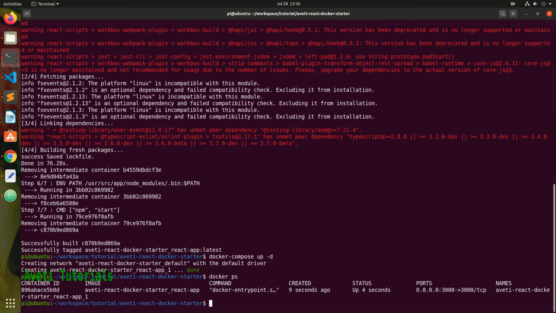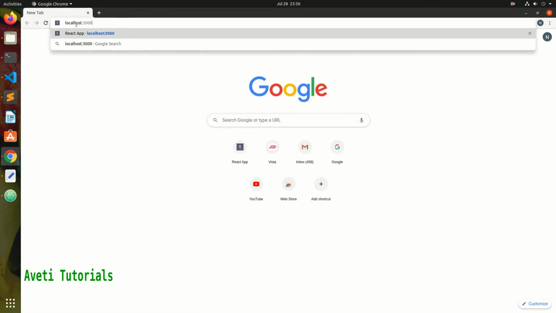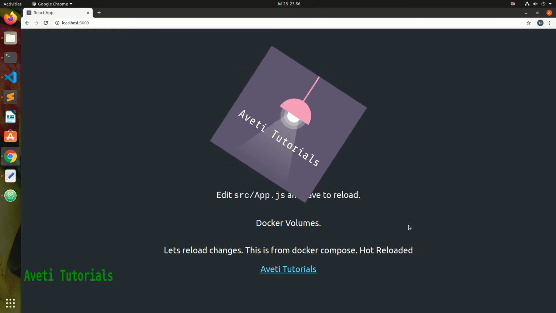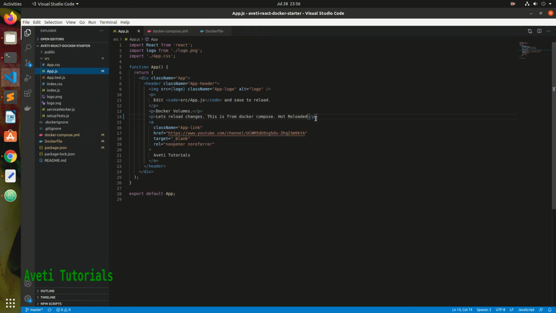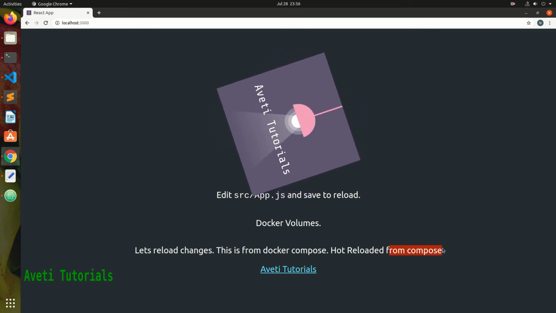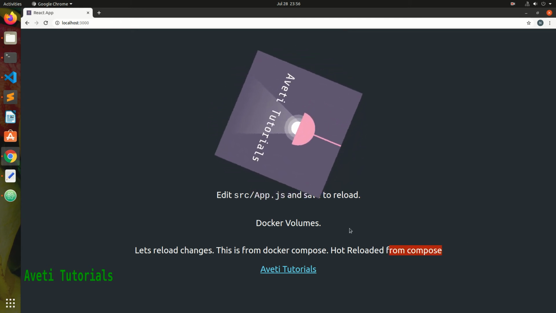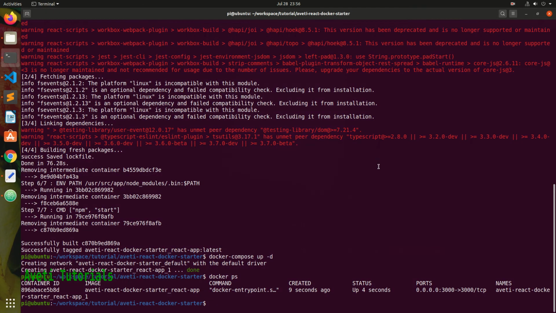Once we do docker ps, you can see that our application is running. Now if I change some portion in our app.js or add new contents, you will see these changes get reflected in our application, and you see hot reloaded from compose.